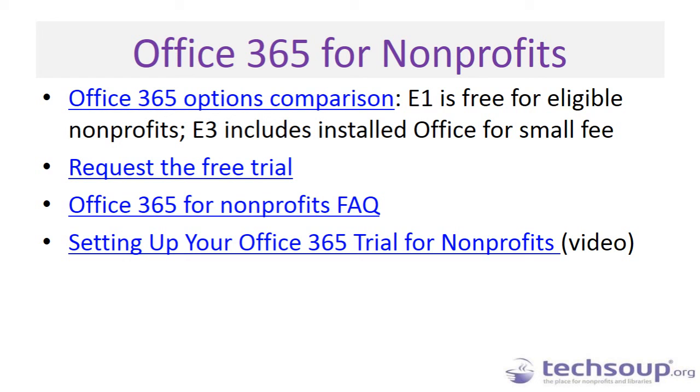Great. And then I'm going to go ahead and wrap us up because we are almost at the top of the hour. But a couple of people have asked about licensing, and when we talk about licensed users, that is each individual staff person. So for example, if you have Office 2013 and you're installing that on 7 different machines, each of those is a separate license to request. If you are requesting Office 365 for 7 staff people, each of those is a separate license. And so when you go through the process of